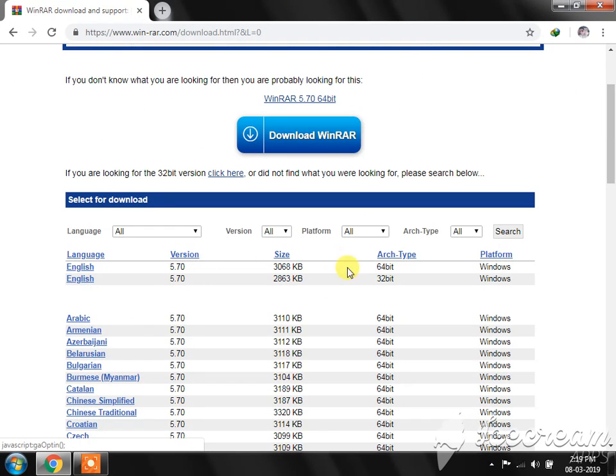So friends, first choose your operating system. I mean the bit, 32 or 64 bit. My computer is 32 bit, so there are 64 and 32. So I will tap English 32 bit. If your computer is 64 bit, then you click that,